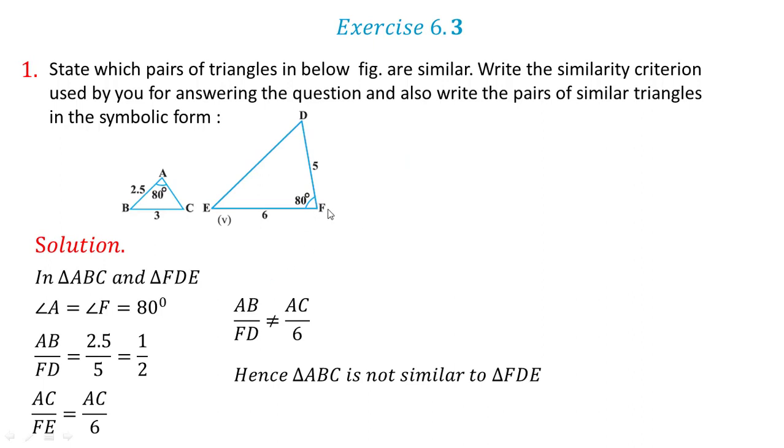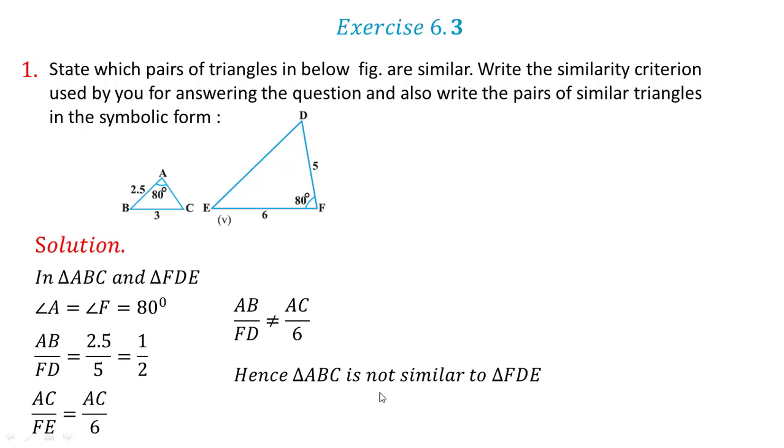Now here see, here angle 80, and here angle 80. Here the angle 80 is included angle, but here this angle 80 is not the included angle. So I cannot apply side angle side criteria. So as I cannot apply side angle side criteria, I will say that triangles are not similar, right? Side AC, for applying side angle side I should know the value of AC, but value of AC is not mentioned. As it is not mentioned, I cannot say.